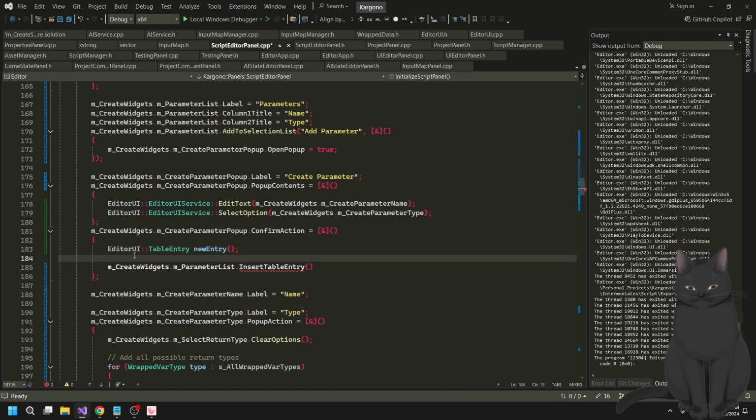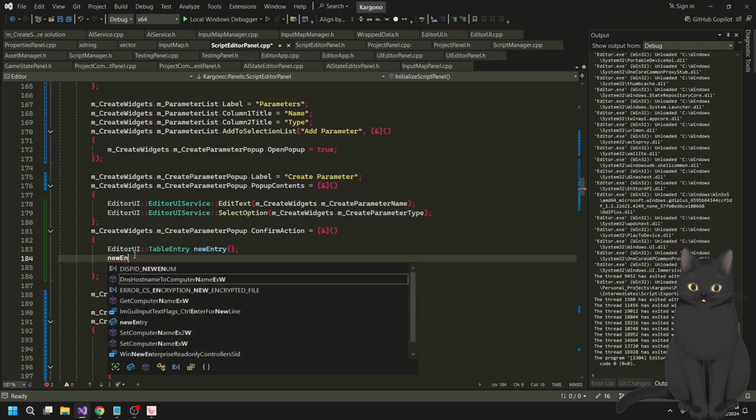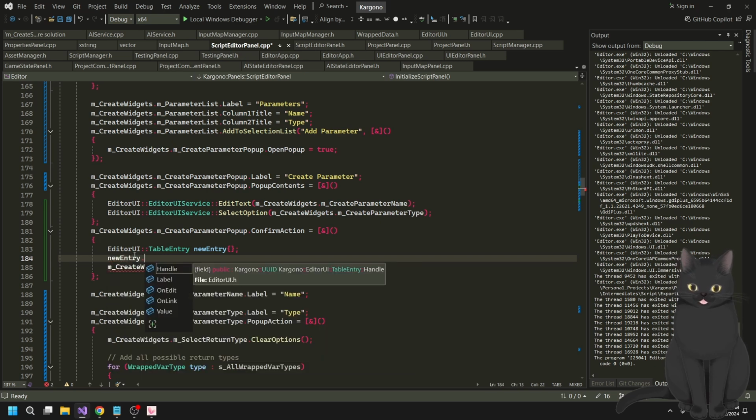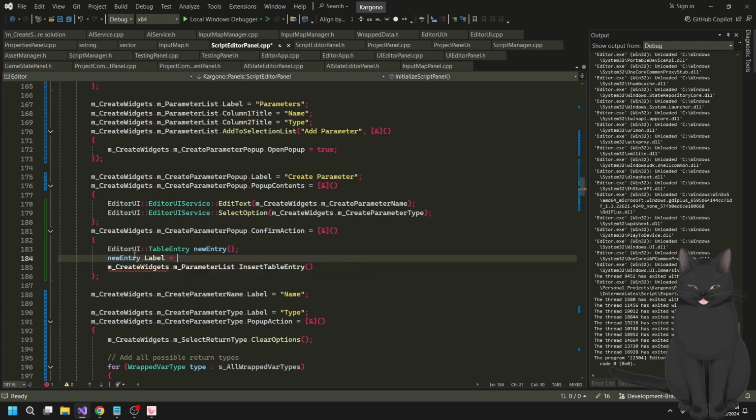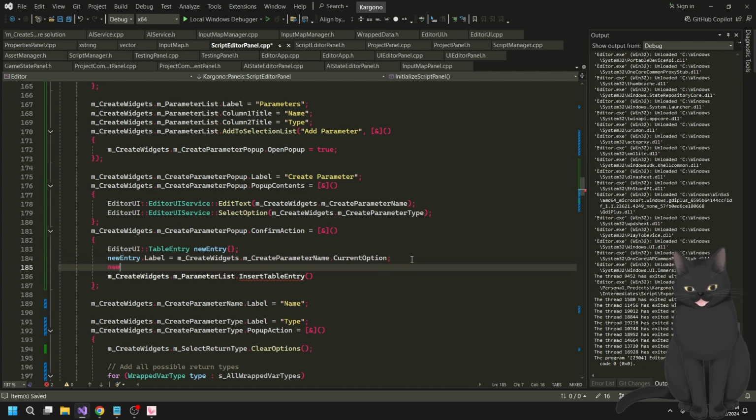This is a little inefficient, but I don't really care. It's easier for me to read. So label is going to be equal to basically whatever this edit text is. That's going to be the label. So we're going to want create widgets dot create parameter name dot current option, and then the new entry dot